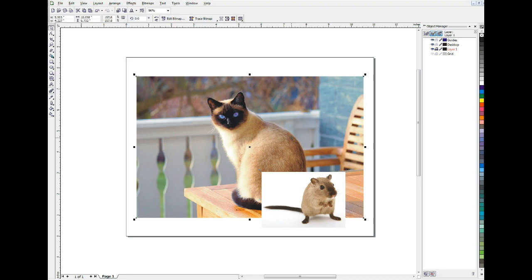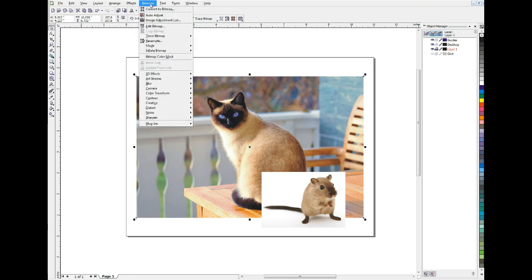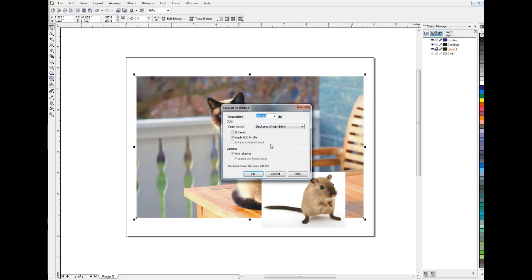Let's start by, these are both JPEGs, and I want both of these to have a transparent background. We'll find out more about what that means in a minute, but a JPEG does not have a transparent background. A PNG may or may not, a PNG, portable network graphic. But in CorelDraw we have the ability to convert to a bitmap. And we do have this